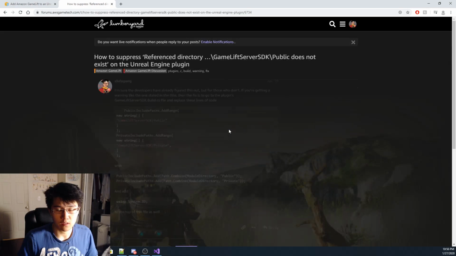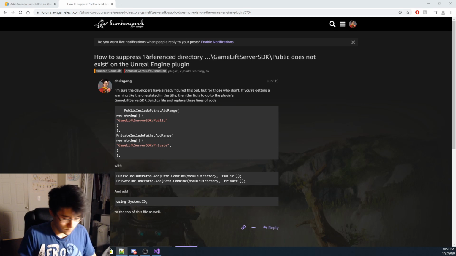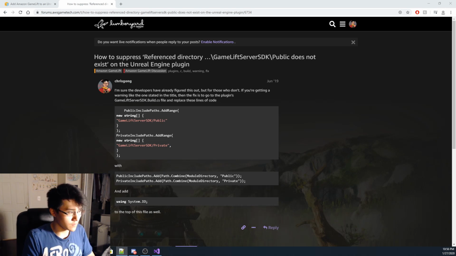Alright. Yes. How to reference this warning. Alright, so for this GameLift server SDK, to fix these compiler warnings,